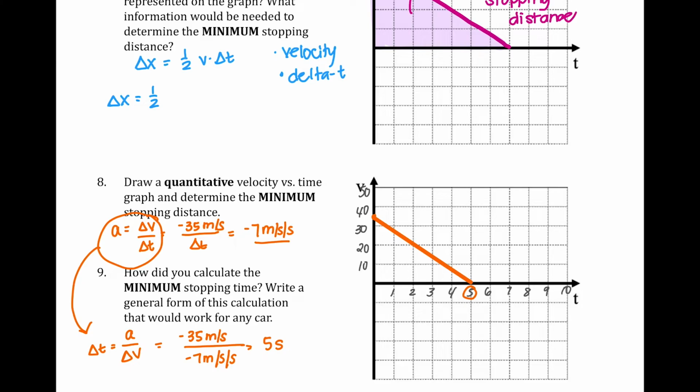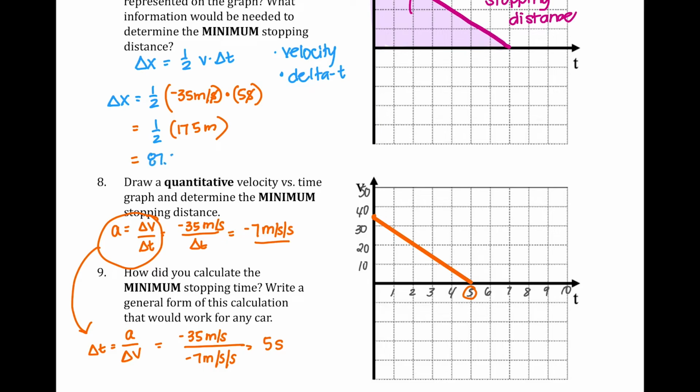And so our change in velocity was negative 35 meters per second times our time, which was 5 seconds. Okay. And so we have 35 times 5 is going to be 175 meters, because the seconds end up canceling to 1. And we have 1/2. So 1/2 times 175 is going to give us